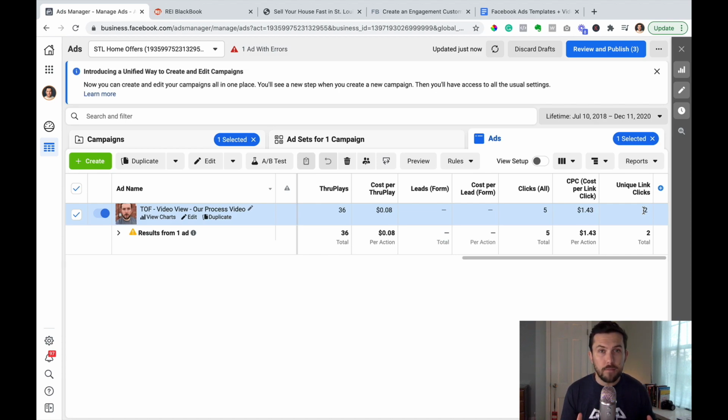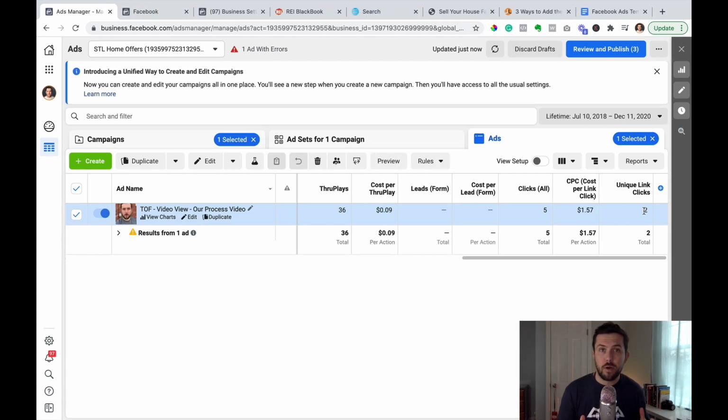Doesn't necessarily mean they have a house that they want to sell right now. Maybe they never will, but it's worth following up with them, because literally for a few dollars a day, we can put an ad in front of these people. So it would be silly not to. All right, now the first step of this process is you need to go in and create your Facebook pixel.